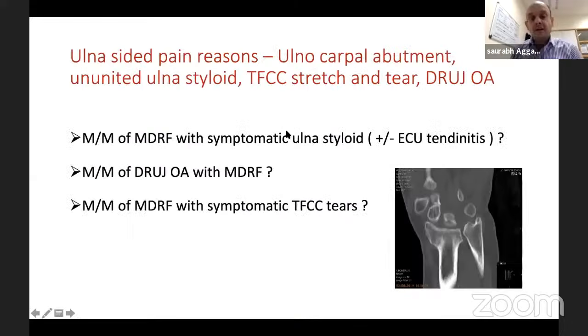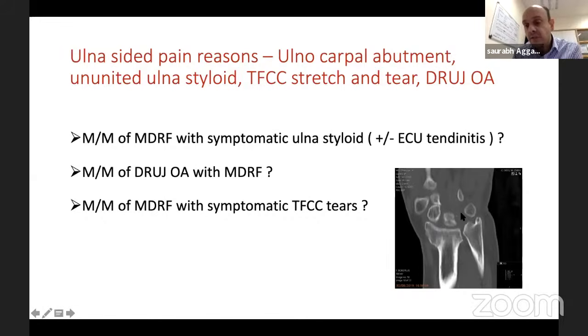Then again, we're not discussing the ulnar side. Topic today is not ulnar sided pain. Again, for completeness, I've included this slide. So this is the slide from before, CT scan from before. So you can see radius is very shortened here. Radial styloid is almost at the same level of ulnar styloid, which means